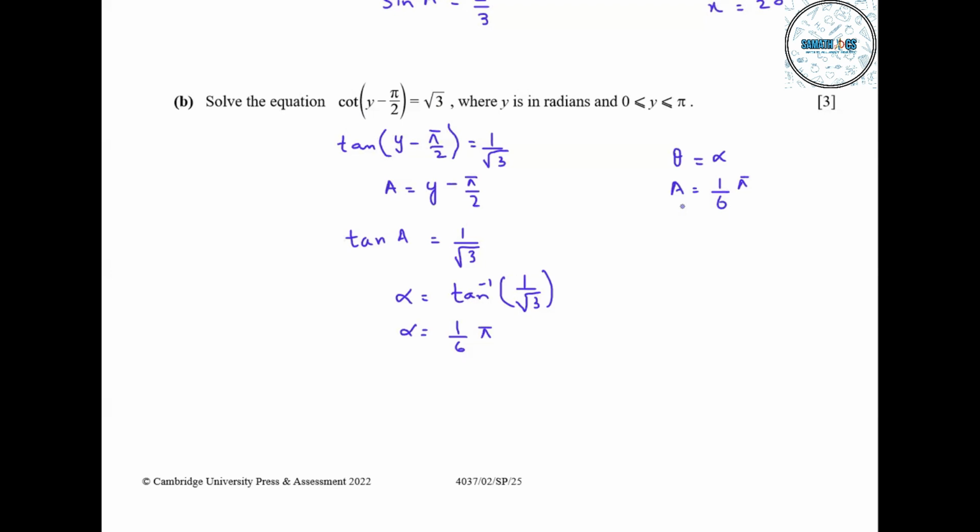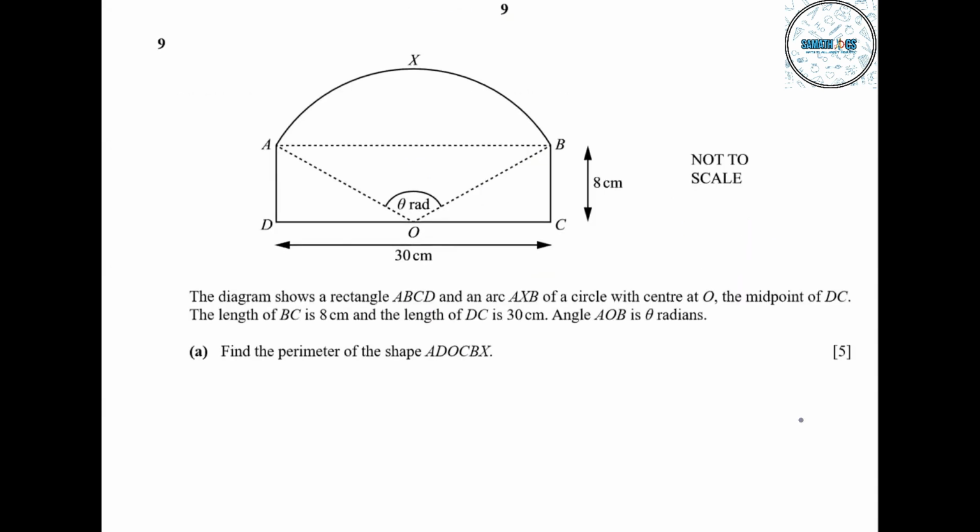So now we will replace A by the angle which we took in the starting. So y minus pi upon 2 is equal to pi upon 6. So y is equal to pi upon 6 plus pi upon 2, which will be equal to 2 pi upon 3. Now we'll do question number 9, in which there is a diagram given, which is not to